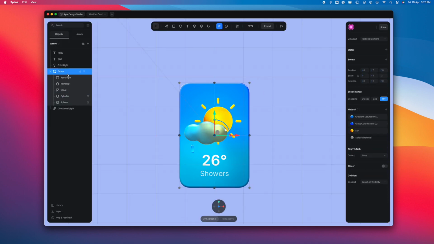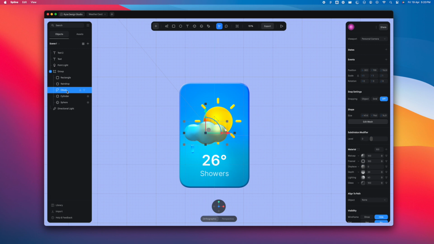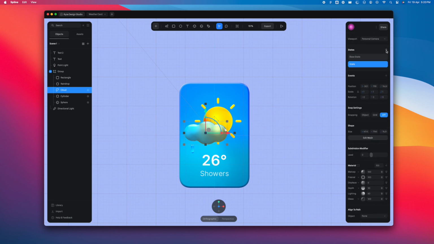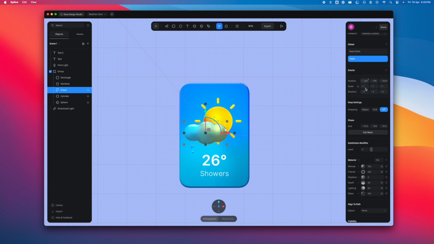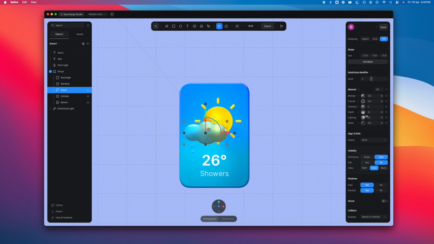So the next thing I'm going to do is animate the cloud. So we'll select the cloud from the layers, add a state and go all the way down to the materials here and we'll select displace. Now the function of displace will come into the picture. This we added earlier. And now here what we'll do is we'll add some movement here. So I'm going to keep the movement to 10 and I'm going to set some offset values here. X is going to be minus 40 and let's just set Y to somewhere around 30 and Z to be around 10.